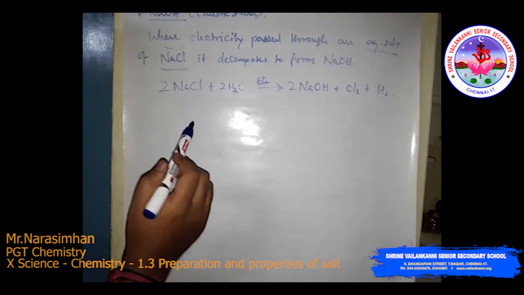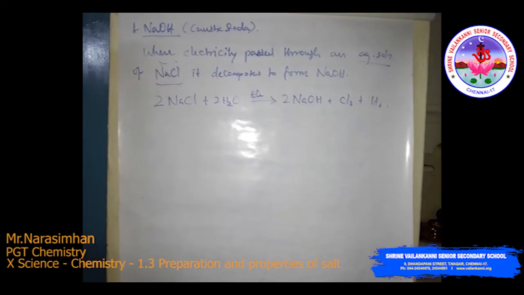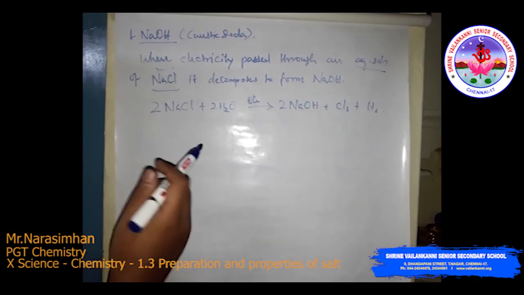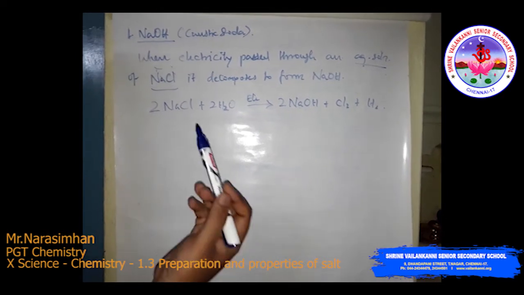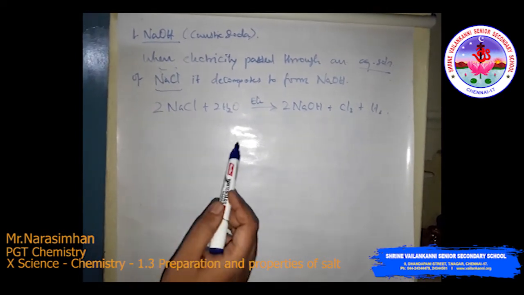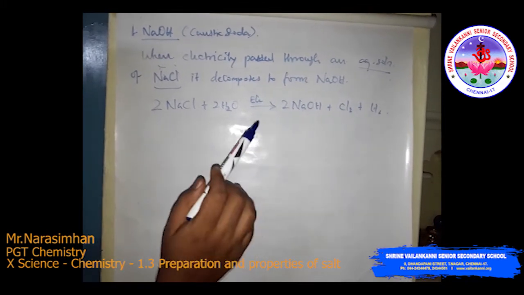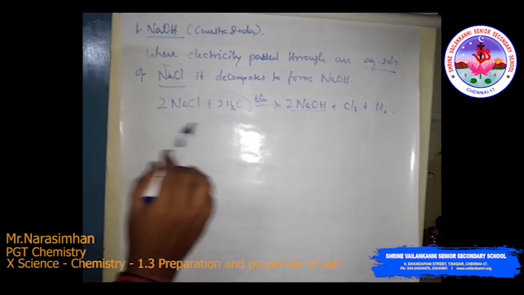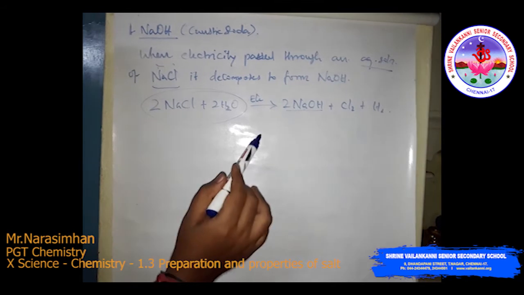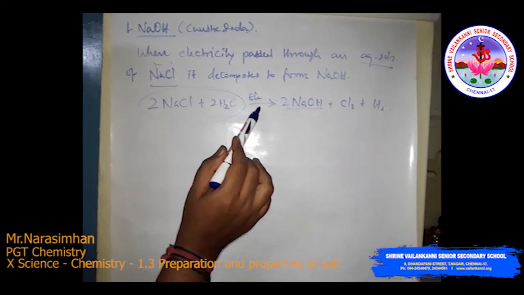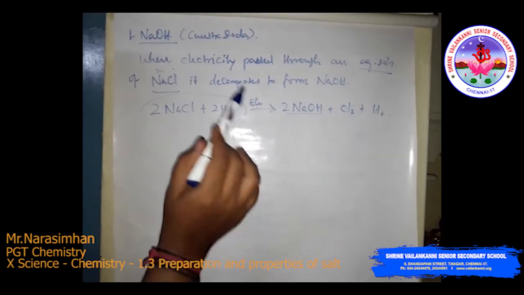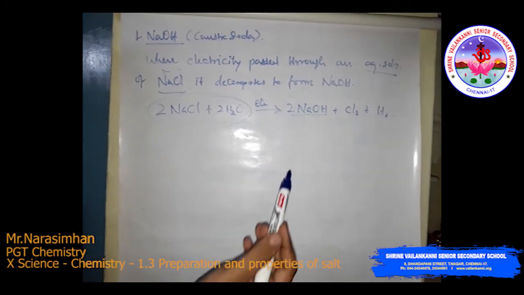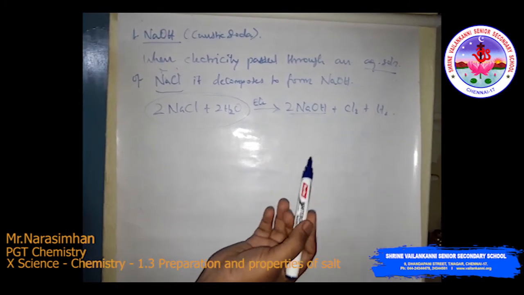See, here the electrochemical process is also a redox reaction: one species undergoes oxidation and another species undergoes reduction. So here one of the substances undergoes oxidation and reduction, and it forms NaOH. So this aqueous solution of NaCl undergoes an electrochemical process to form NaOH. This is the basic method to prepare caustic soda. So this is the NaOH, sodium hydroxide pellets.